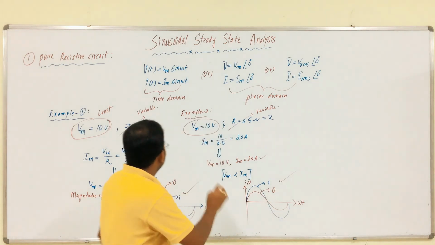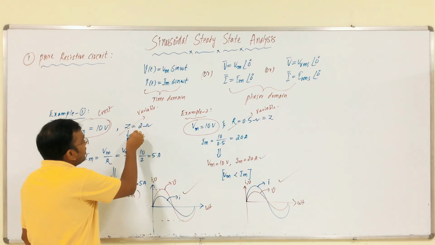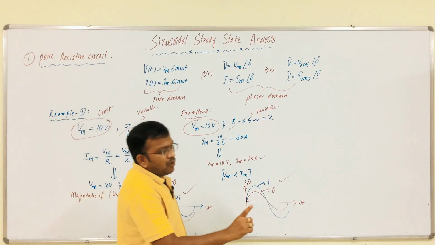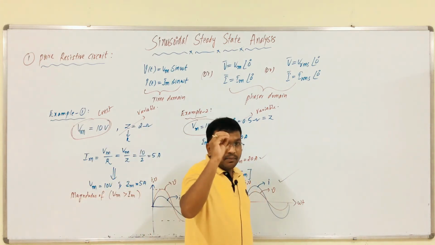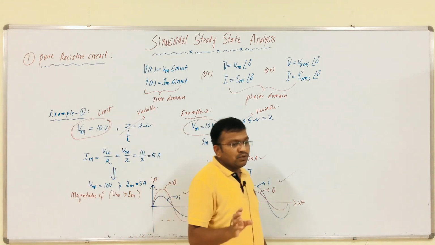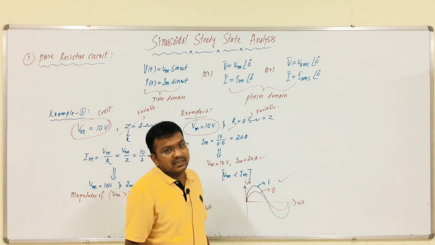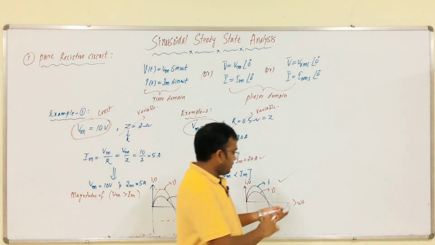The concept involved in this is nothing but what? The total impedance is the responsible quantity. With respect to that impedance only, we are going to get the different magnitudes of current and voltage, but you should focus on the phase difference between two quantities. That is very important. Okay.